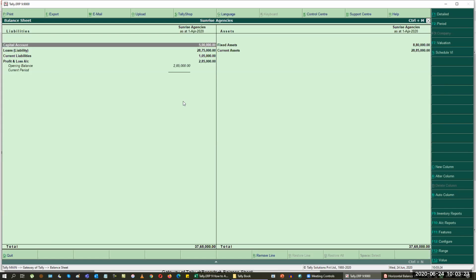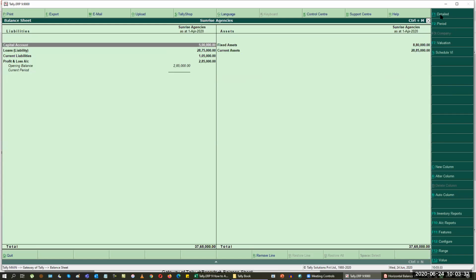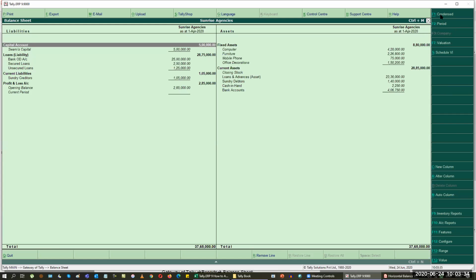Then press Alt F1 so that you can see a detailed mode of it. You can use the keyboard shortcut Alt F1 even on the right-hand side, where you can condense it and you can give a detailed mode of the data here also. So this is the way we deal with our balance sheet feeding and see whether the balance sheet is tallied properly.